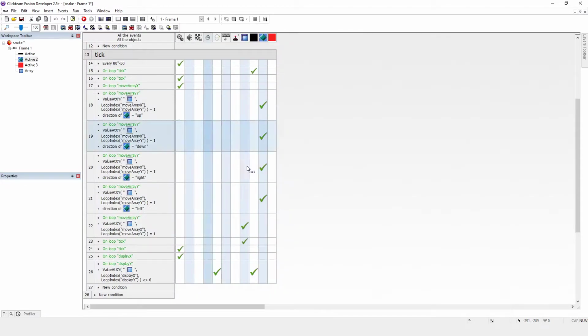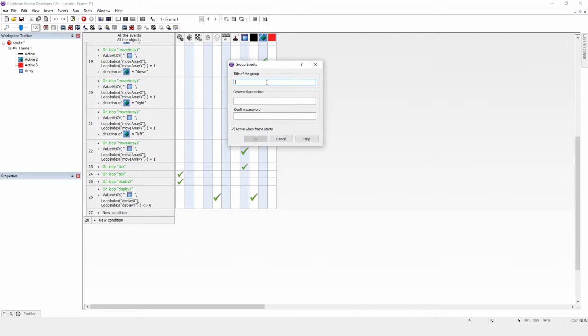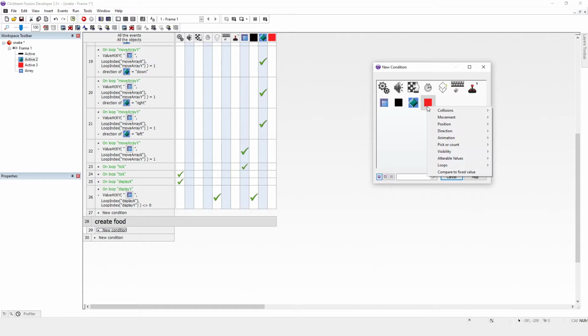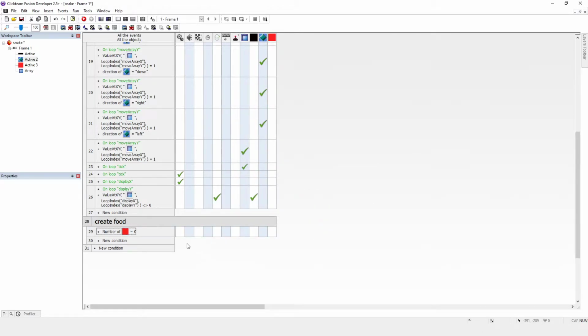Okay, now what we're going to do is something a little bit clever, maybe, depends if it works. We're going to have a create food group, and all we're going to say is if, and we're going to do some counting here, count have all active 3s been destroyed, or compared to the number of active 3 objects. I don't know why, but I prefer this one. So if the amount of them is equal to 0, so if none of them exist, then we want to